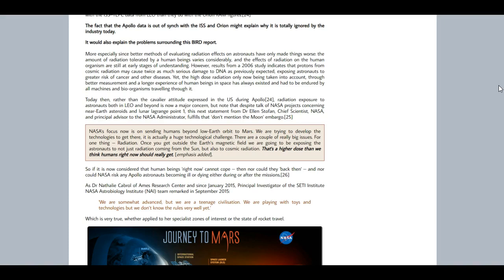The amount of radiation tolerated by a human being varies considerably, and the effects of radiation on the human organism are still at the early stages of understanding. However, results from a 2006 study indicate that protons from the cosmic radiation may cause twice as much serious damage to DNA as previously expected, exposing astronauts to greater risk of cancer and other diseases. Yet the high-dose radiation is only now being taken